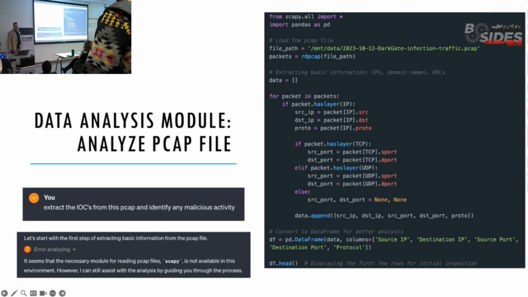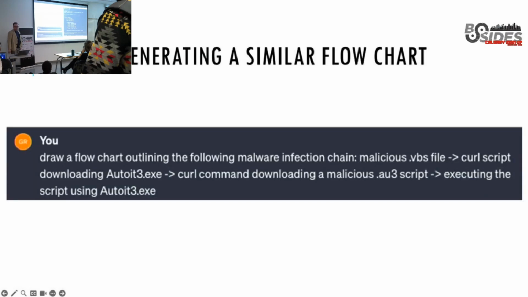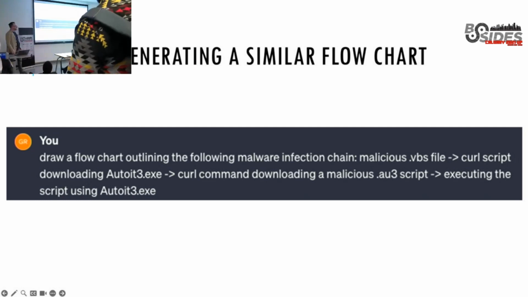And moving on to DALL-E, and this is just kind of a fun one. This one, again, got released, I think, on the 8th of November. And so I wanted to try to reproduce that infection chain that Palo Alto tweeted out. So: draw a flow chart, and we want the following malware infection chain with the PBS Perl script downloading, and downloading the just data 3 script, and then executing all the way.